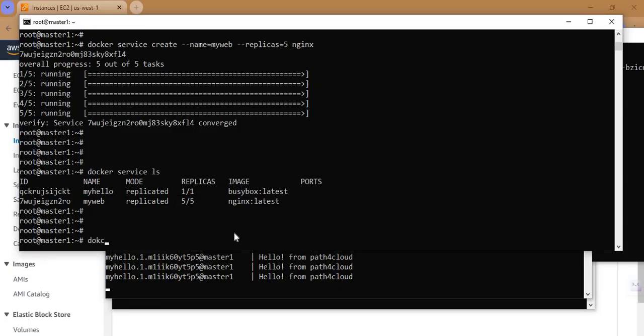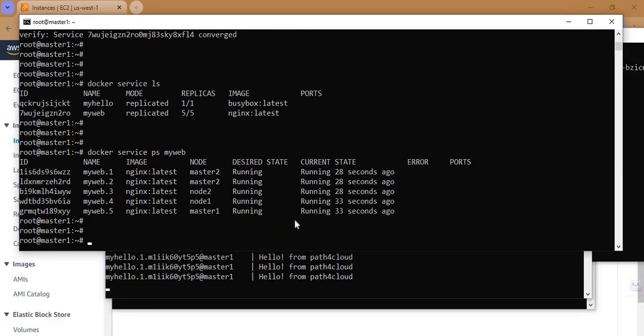Now, to see how many tasks it has created, we will say docker service ps and give the service name, my web. Here you can see there are a few running on master 2, one running on node 2, one running on node 1, and one running on